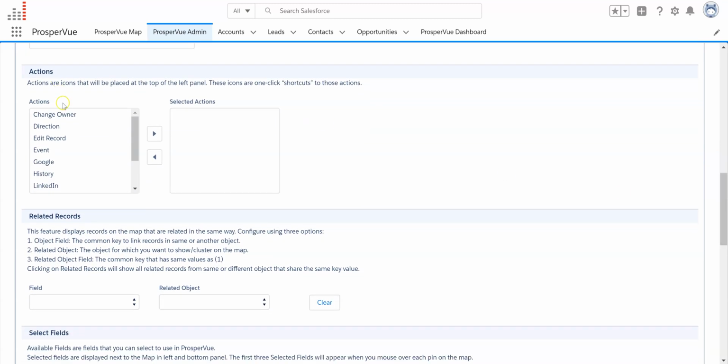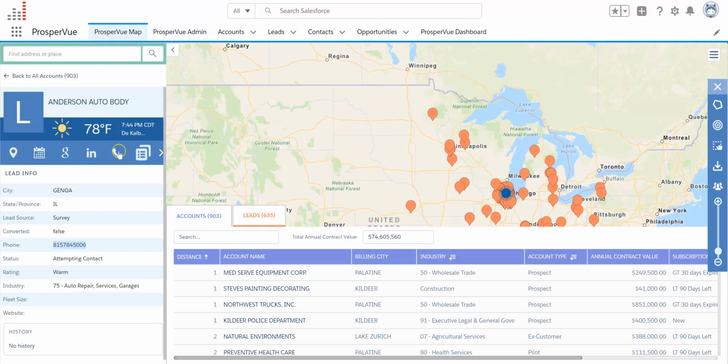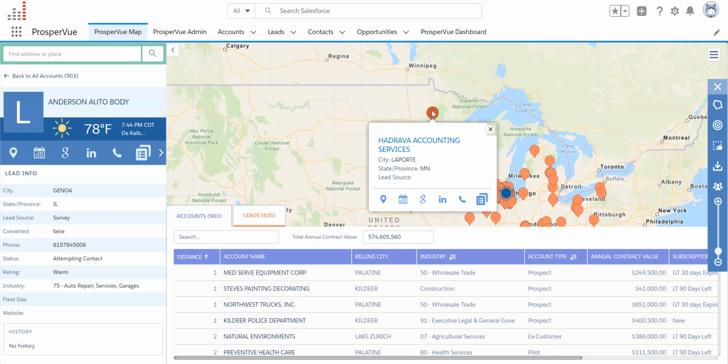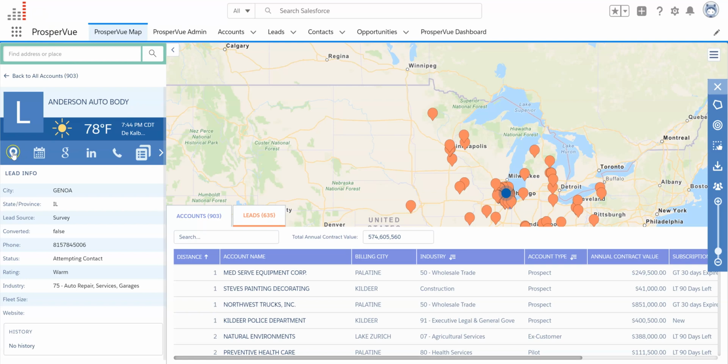You can select actions that your users can take. So what those are, they'll show up here in the left panel, and when you mouse over a pin, they will show up on this pop-up card. And you can see directions to the location. You can log an event, such as an appointment, which is great if you have SDRs who are calling for appointment setting. Your users can, in one click on the Google icon, and Google will pop up and search for